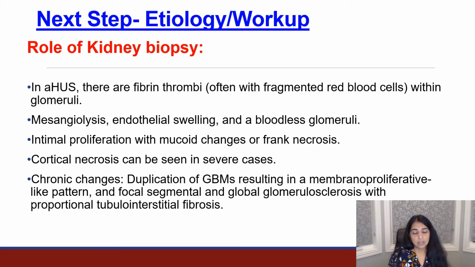I expect that at this point in the patient's case, there is a rheumatologist who's being consulted for her autoimmune disease. There's a hematologist who's looking at the patient and working her up for TTP. But from a nephrologist standpoint, we still haven't looked at that second important component of a primary TMA, which is the atypical HUS or complement-mediated TMA. So if she truly has a primary TMA, while TTP is being worked up, it is equally important to make sure that this patient does not have a complement-mediated process going on.